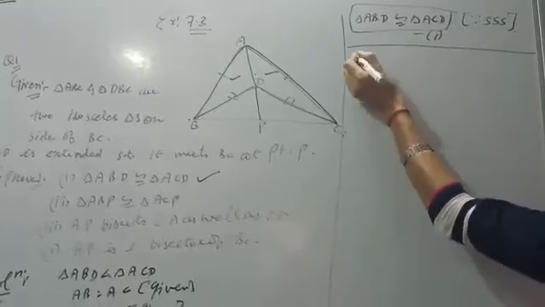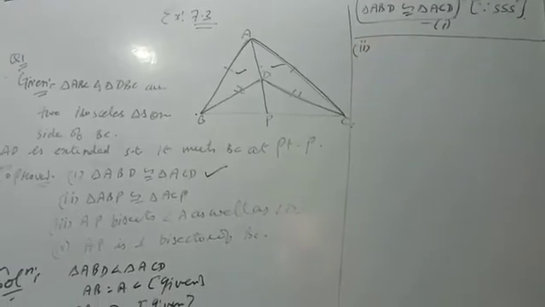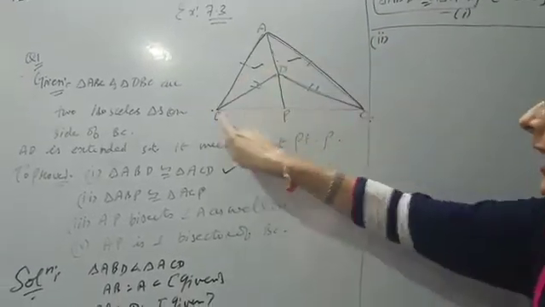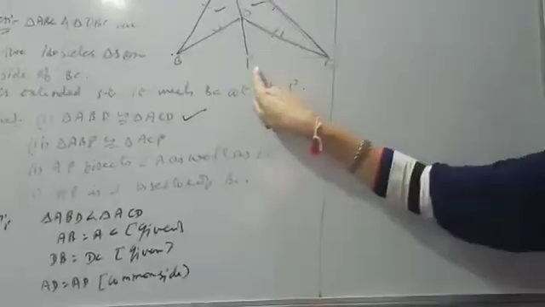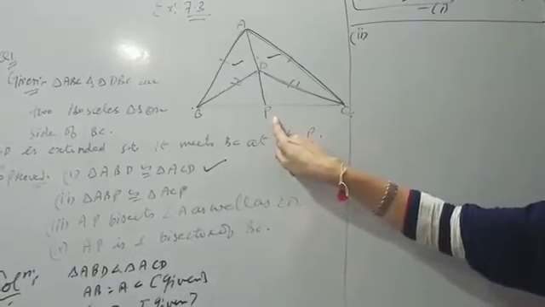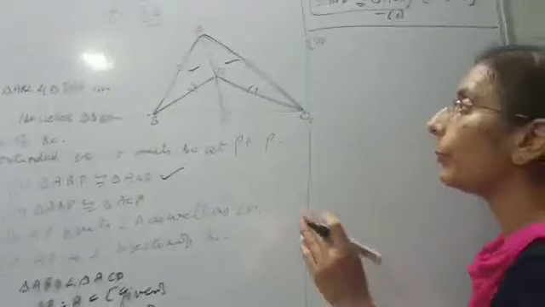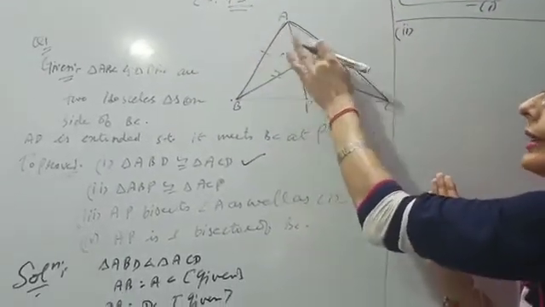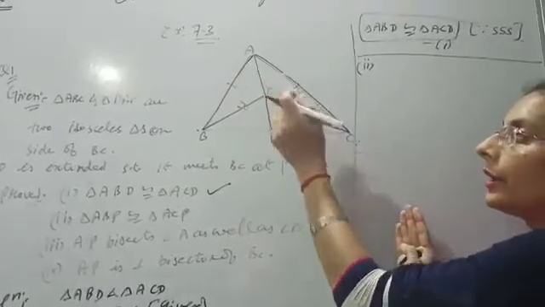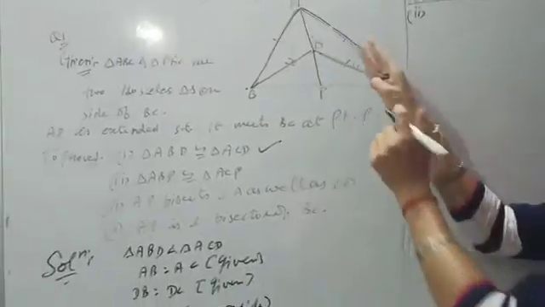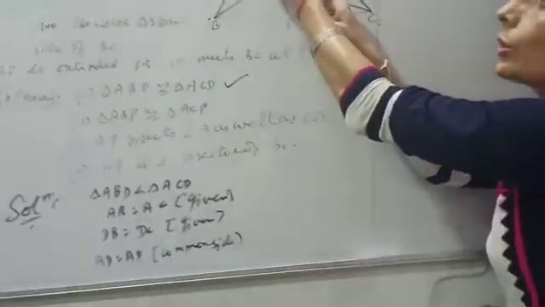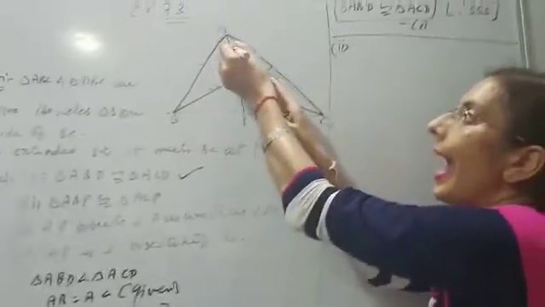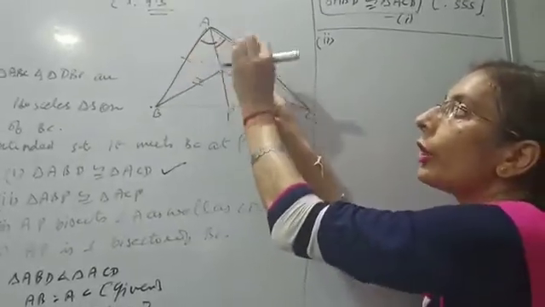Now the second part. For the second part, if we look at ABP and ACP, we want to prove them congruent. Then we need three points. AB is equal to AC, it is already there. And then further we need another, AP can be the common side. Then this angle must be equal so that we can use side, angle and side. How can we use this one?